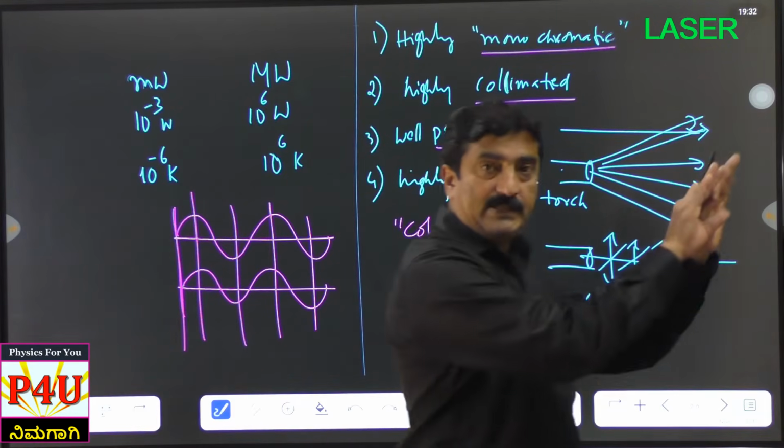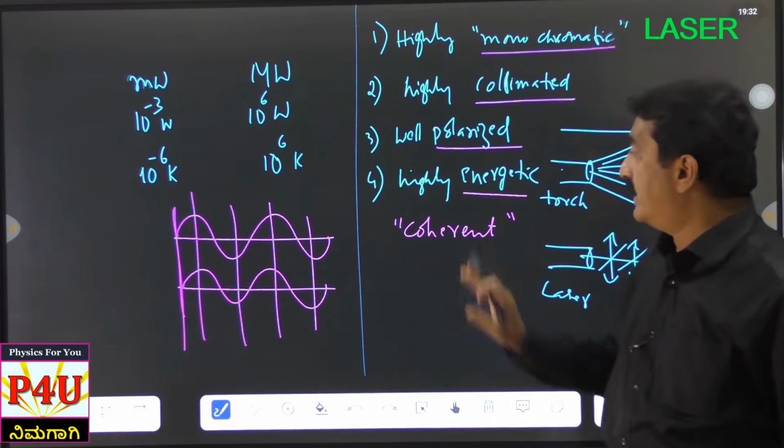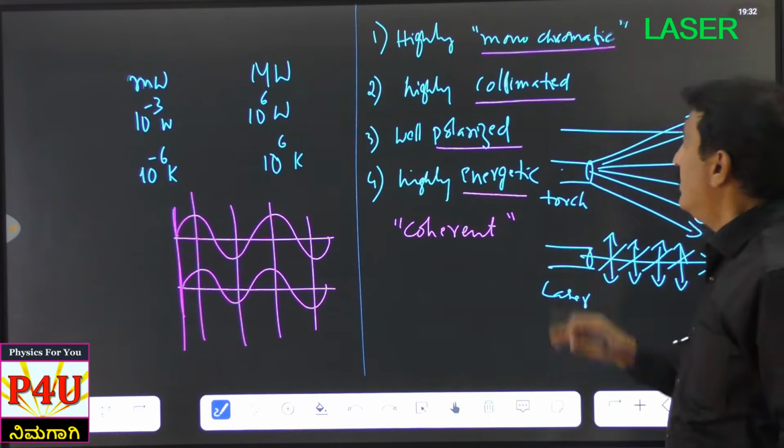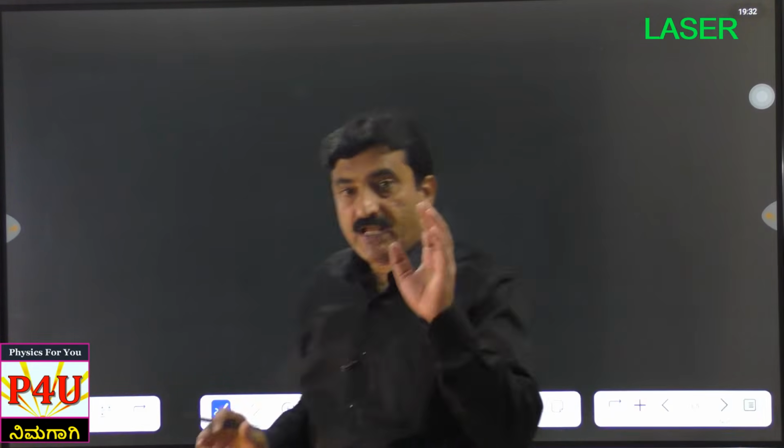Means the path difference should be same. Everywhere path difference should be same. Then only we call it as coherent wave. Okay, so now with these properties, I now would like to mention the laser beam, and I compare laser beam